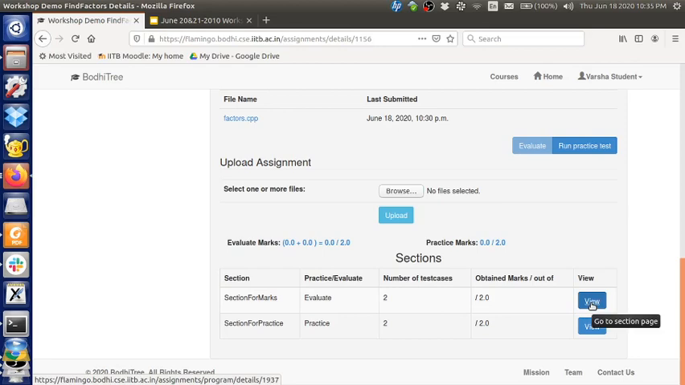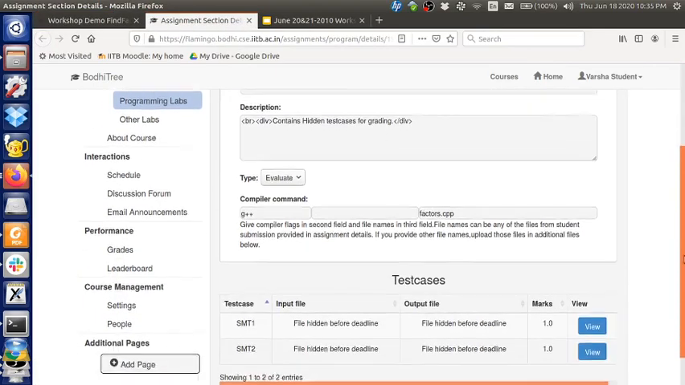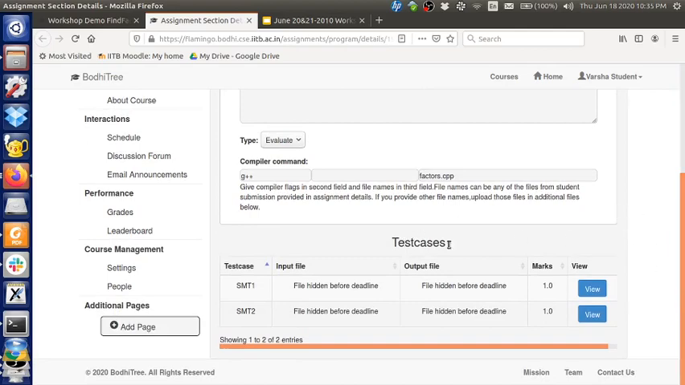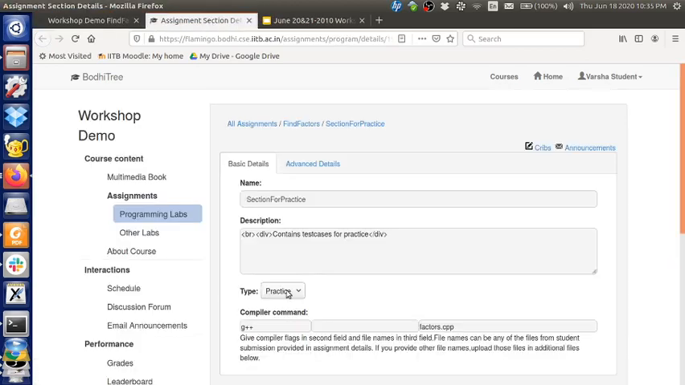Here I have opened the evaluate section. This is actually the section for marks, and if you scroll down it lists these test cases and the names and the marks, but you cannot see anything about the test case. So these are the test cases for marks. If you look at the same thing for the section which we have labeled as practice, this is a practice section,